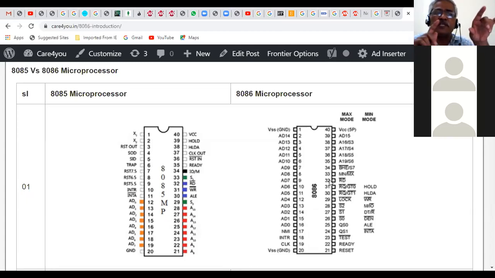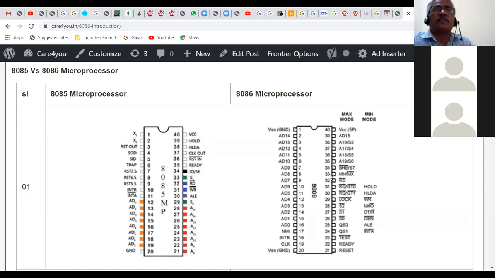So in those kinds of applications, this particular pin will be useful for enabling the bus high, the second memory unit. We will discuss again in detail about this. And the other function of this pin is S7, status bit S7. So there are status bit informations from S0, S1, S2, S3, S4, S5, S6 and S7. There are 8 status lines. We will discuss about these status lines.